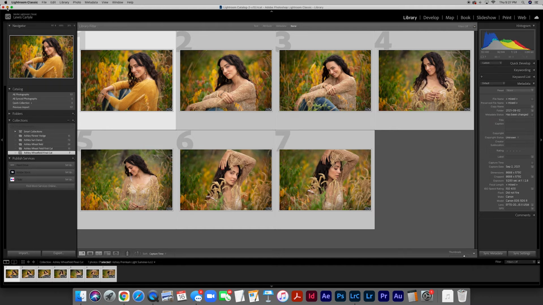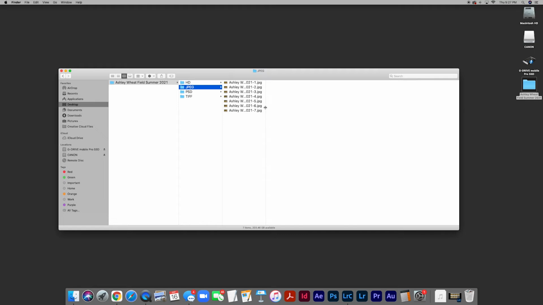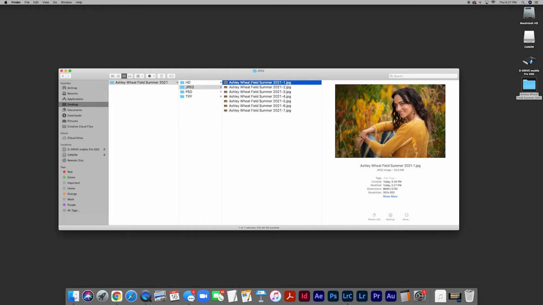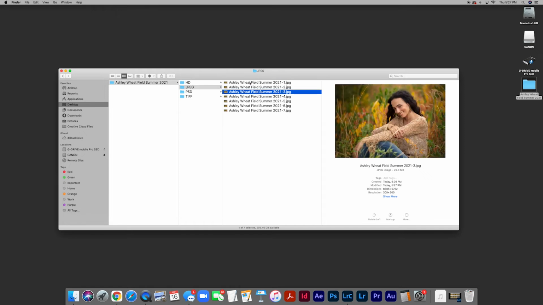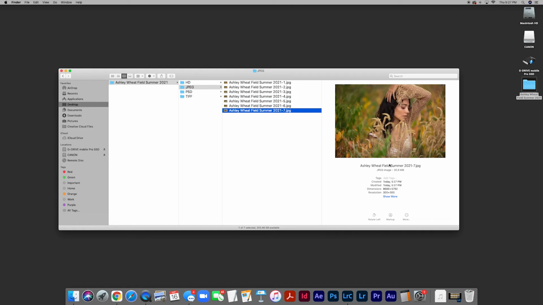And if we minimize Lightroom and look into our file folder structure, now when I click on JPEG, I have a series of JPEG files. These are all identical to the first set of TIFFs that I exported, except these are now in JPEG format. As you can see, when I look by comparison, this file is 30 megabytes. Now that's a pretty huge file, but